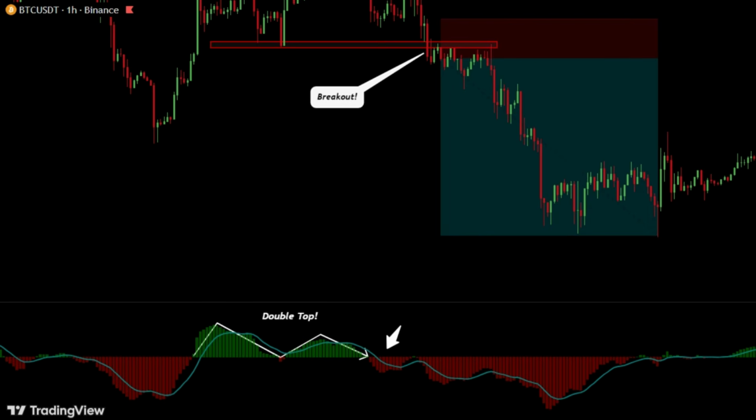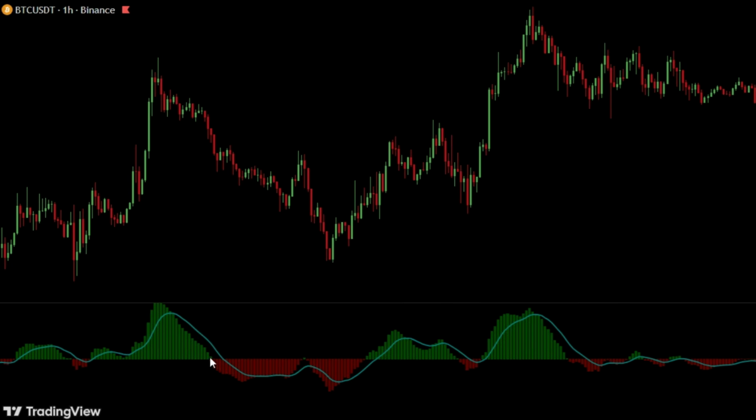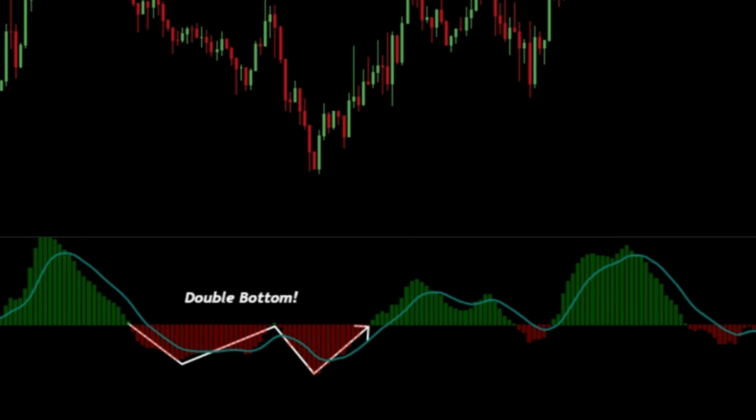Now let's look at one final example to bring everything together. In this chart, the red histograms have formed a double bottom, which is a classic sign of a potential reversal. It implies that the sellers are becoming exhausted and are no longer able to push the price to new lows. This setup becomes even stronger when it's combined with divergence, but even without divergence, a double bottom itself remains a